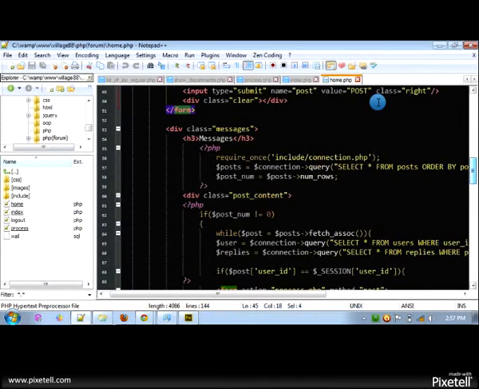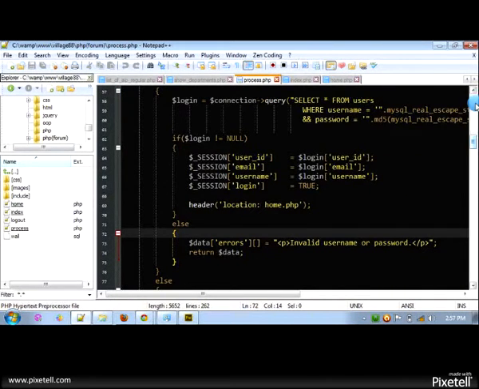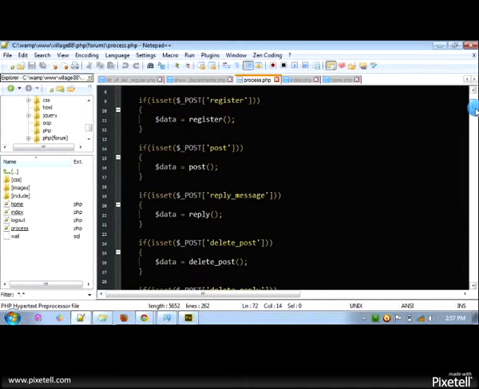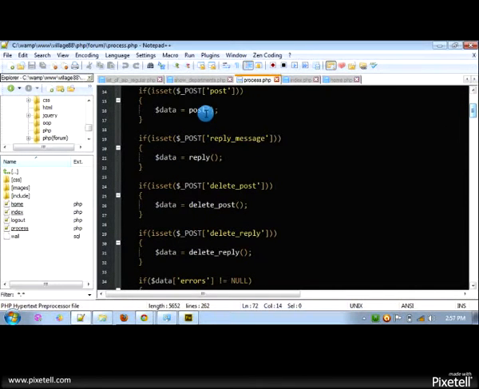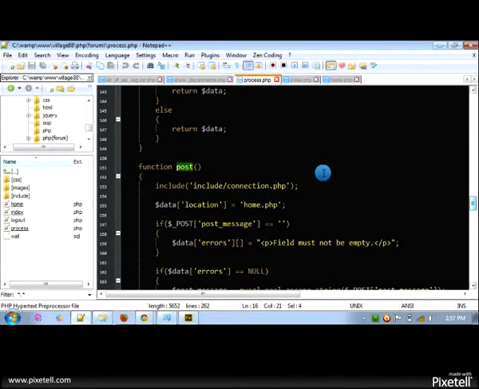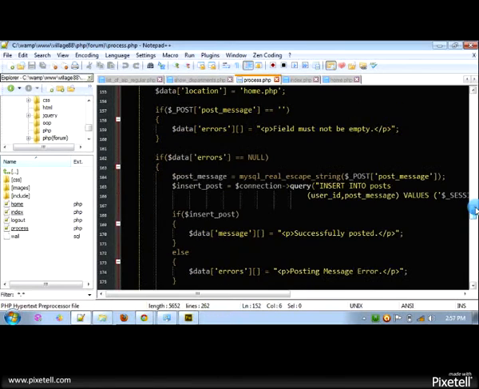We could just check in the process.php. Let's check the posting of messages code. I think it's in the post function. So in here, the post function. This is the code for the field must not be empty, just for verification.